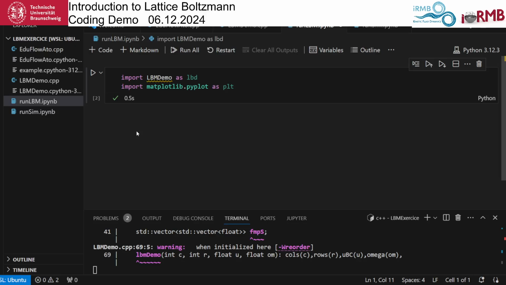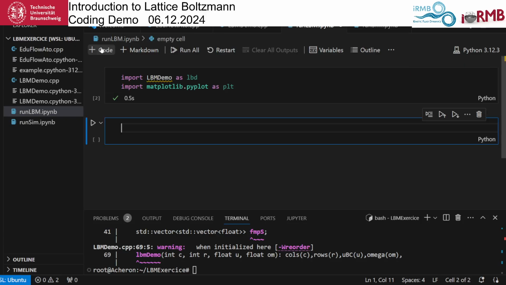Let us see how do I open a new space here. Code plus code. Yes. Okay, let's see whether we get an LBM demo. Now we have the initialization, say we get it 100 times 100, so now we have to